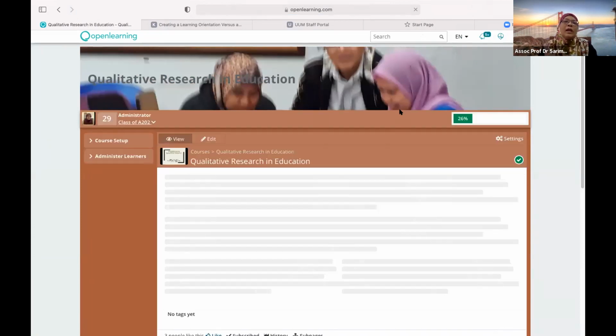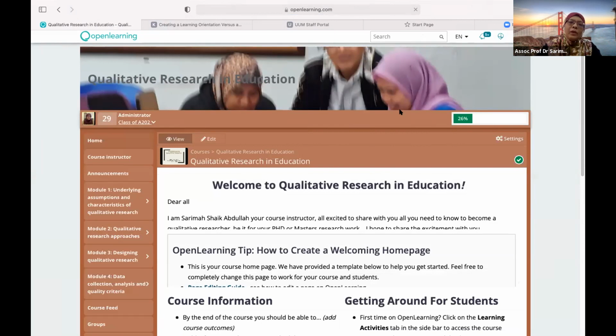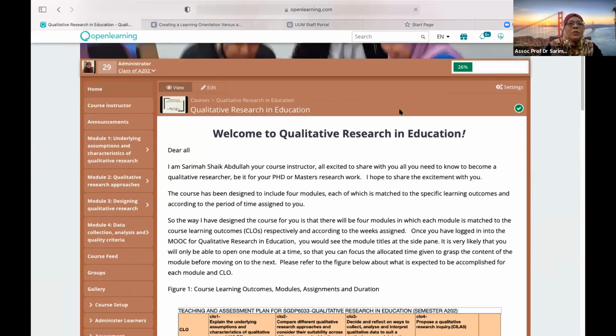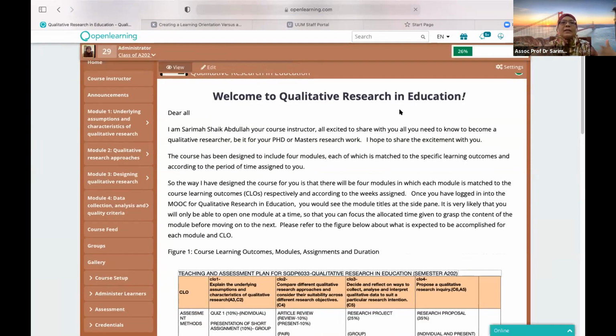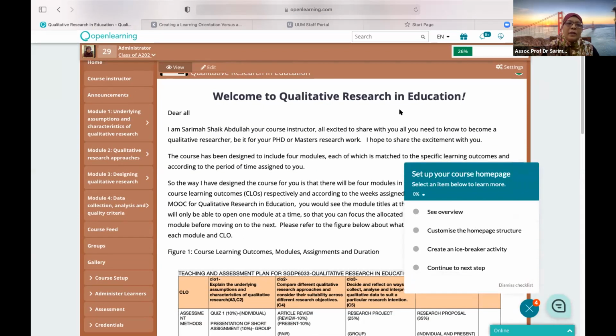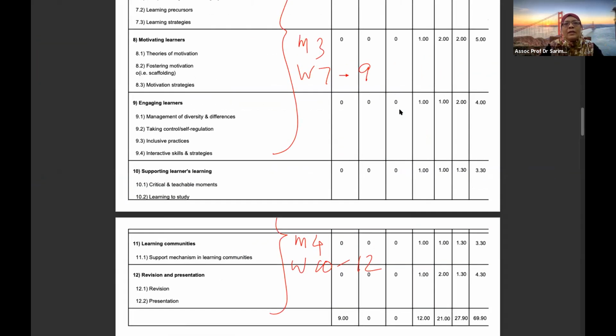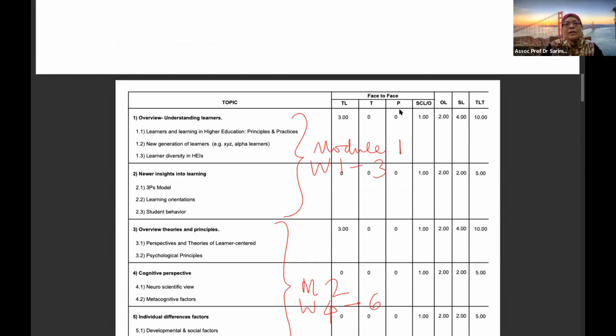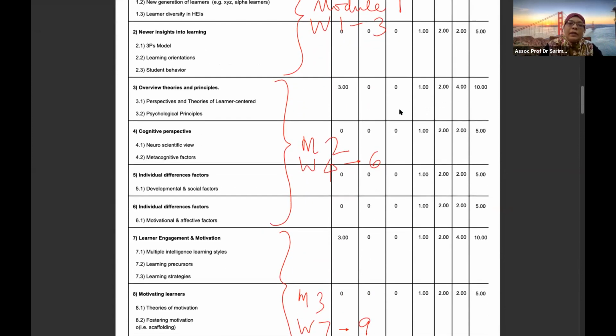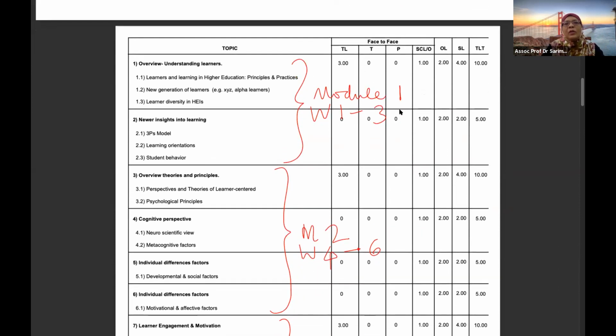What I need to do now is to transfer what I have there into this Mooc. And because I already understand how to do it, the thing becomes a lot easier for me. So I followed exactly the same concept of doing this, chunking my topics if I'm using the whole course. But if I'm just doing part of the course, that's also possible. But I'm following what Prof. Fauzia was doing, which was chunking the topics into